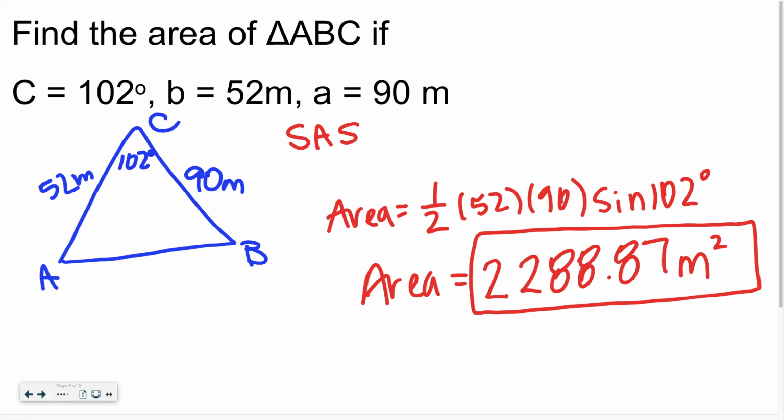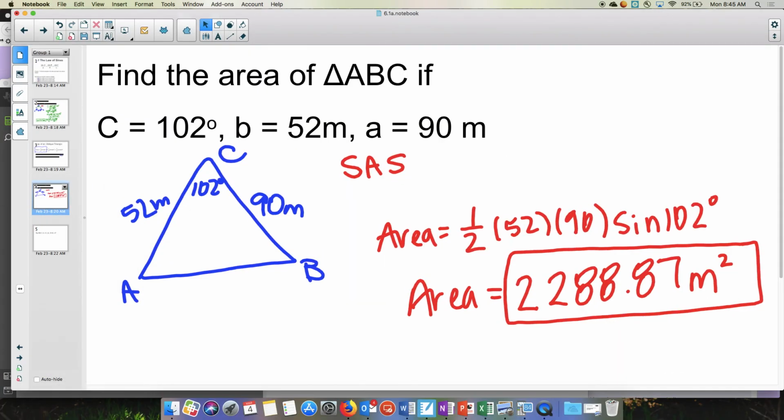And that's all your homework's going to be. A few triangles to solve and a few triangles